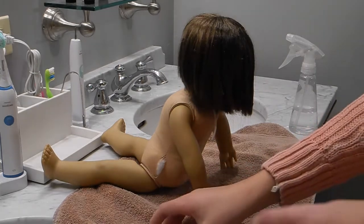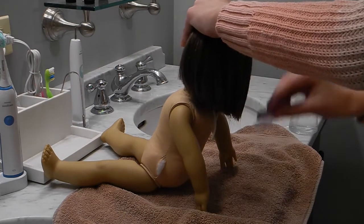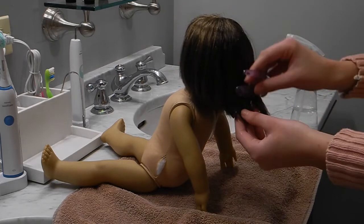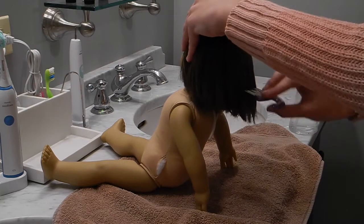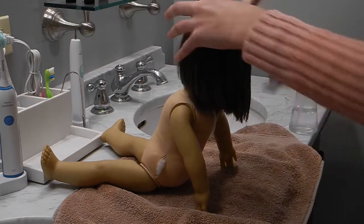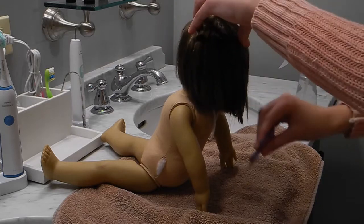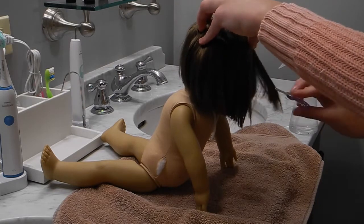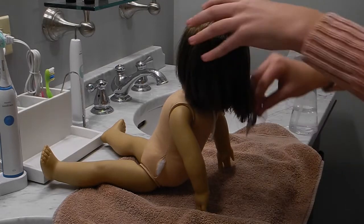And then you're just going to comb through it. If you have longer doll hair, start at the end and brush out all the tangles, and then slowly brush out tangles higher up, just as you would when it was dry. You're just going to try to get all the tangles out